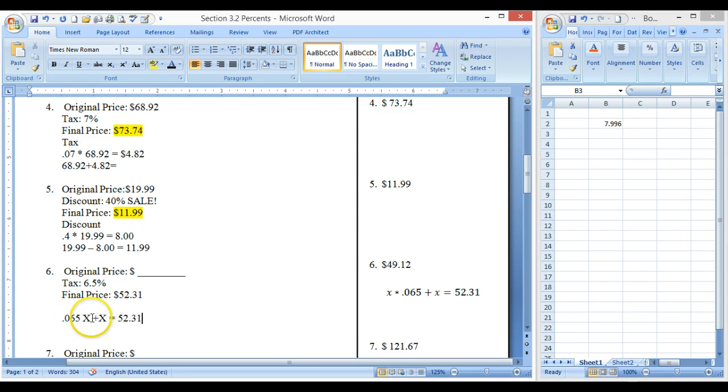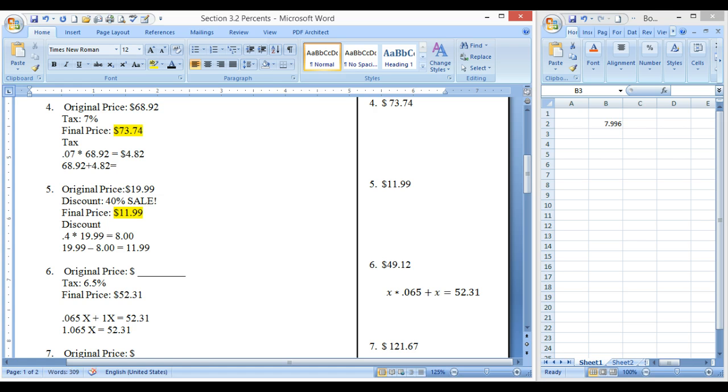I think in your book they might have these two reversed as x plus 0.65x. It's the same thing because when you add, you can add one way or the other and you'll still get the same thing. Okay, so now I want to solve for x. On the left-hand side, I have 0.065x plus x. I can go ahead and combine those. The coefficient in front of the x, there isn't a number, so we automatically assume that it's a 1 because 1 times anything is whatever the other thing is. So I can put the 1 there and I can go ahead and add. 1 plus 0.065 gives me 1.065 and times that by x,